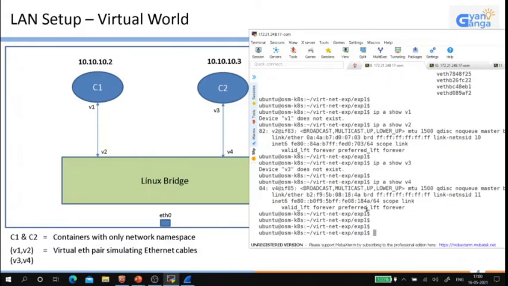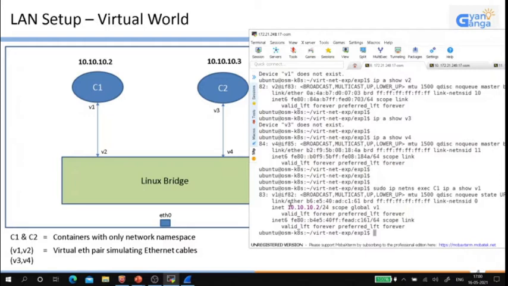Now, how do I see the v1 interface? We need to go inside the container and run ip a show v1. Now we have seen this interface. If you look carefully, we have configured the IP address, the interface is up, and this is index 83, whose other pair is 82, which is in the host network namespace.